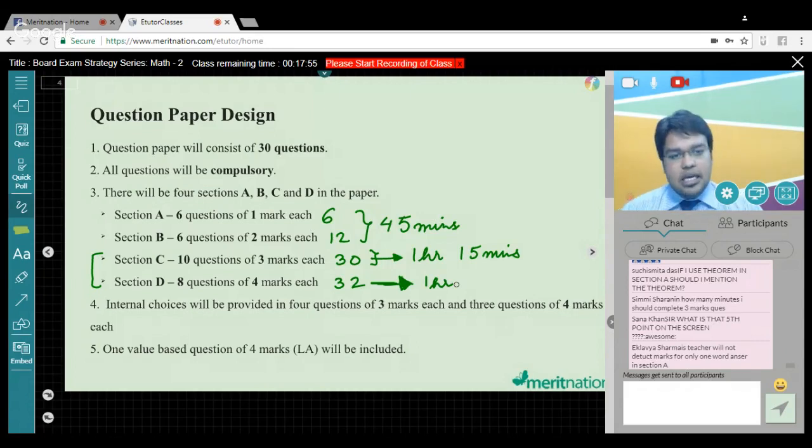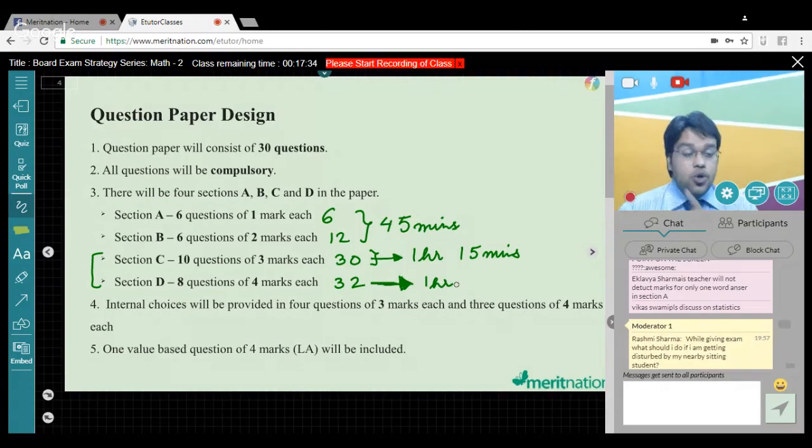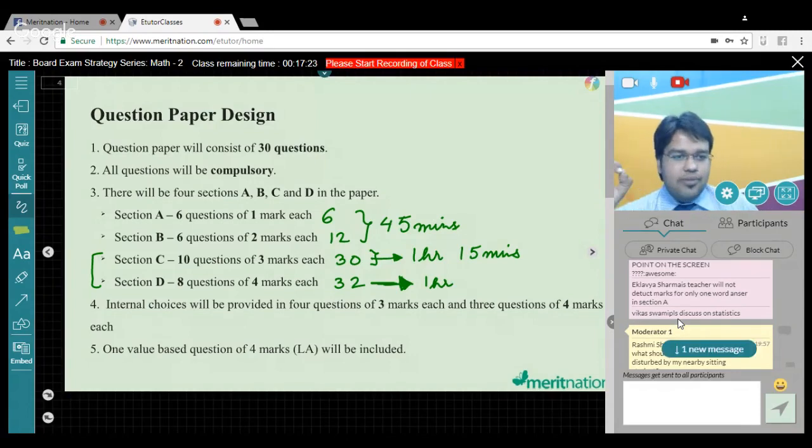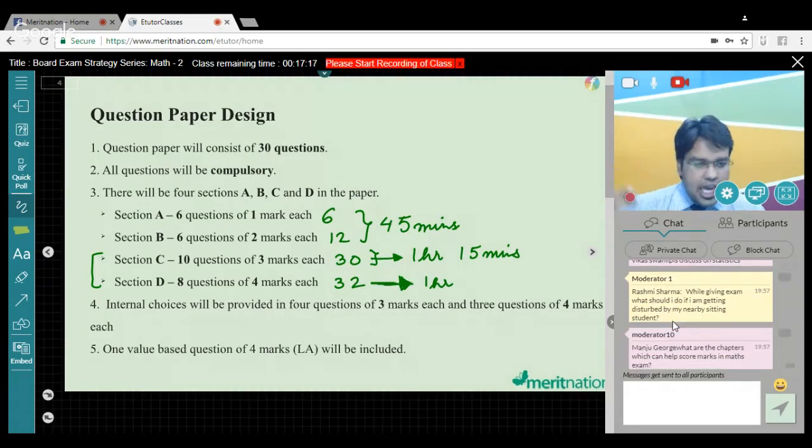Once you move on to section D, each and every question, you have to do it individually, and you have to check your calculations of the previous step. There will be no time for revision for section D, right? This is in both the cases that you have to make sure that the section D questions you are doing at the end, towards the end, you will not get time for revision. So you revise them individually. You do them simultaneously. Each and every step, you just cross-check once, right? So section D is very, very important, right? So please do that revision simultaneously of section D. Then